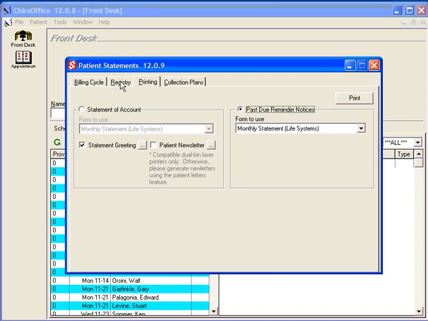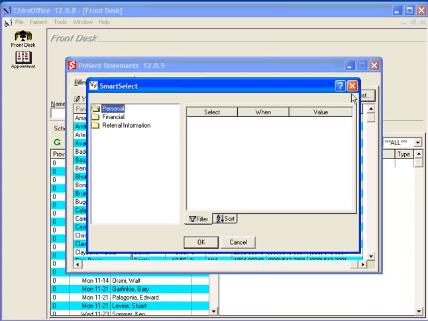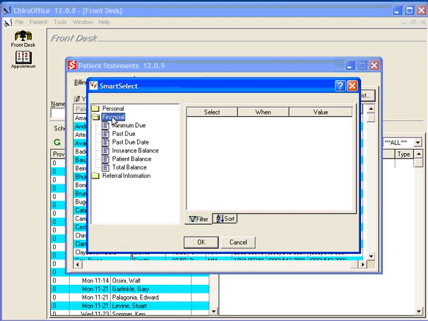You would then go back for a moment to the Registry tab, click on Rebuild List, and now you would be able to double-click on Financial again, and this time you would click on Past Due Amount, When, and this could be greater or equal to, and in the value column, type in whatever amount you feel is